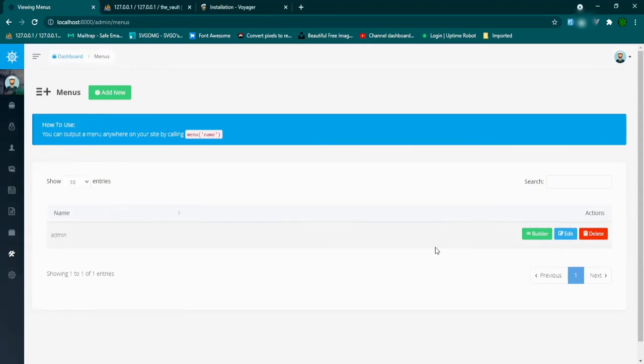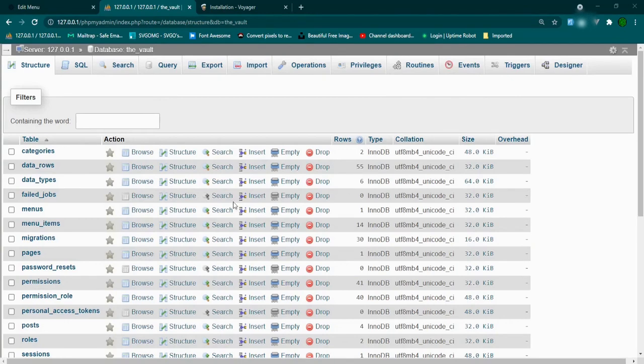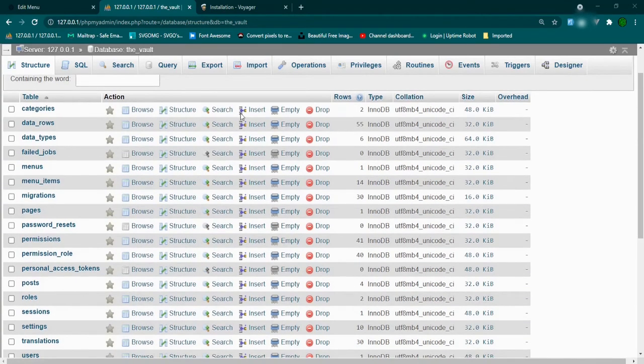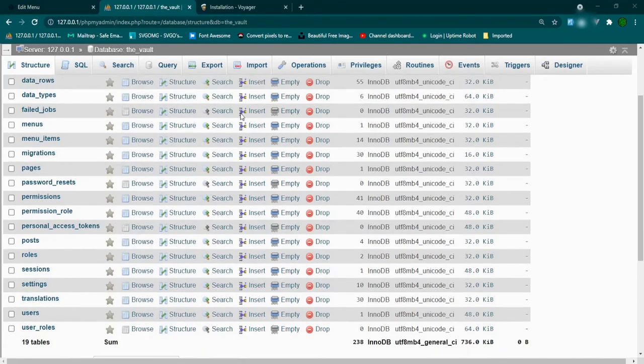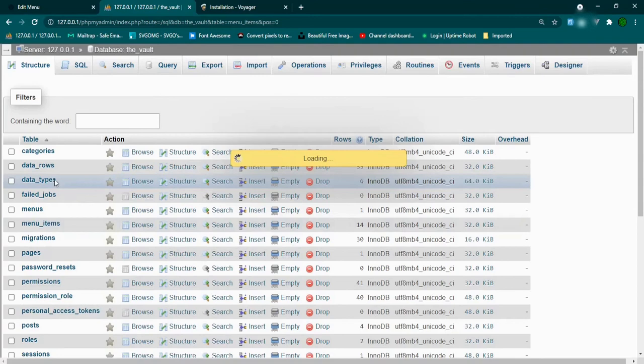Okay, so what we would do is we would go to edit, and in order to add one, you would add it here. And if you look here where it says how to use, that menu name, this is a field in our database. If we take a look at the database that we got with this install of Voyager, everything that you can configure in Voyager gets stored to the database. So, for instance, that menu is under menu items. So if we open that up,